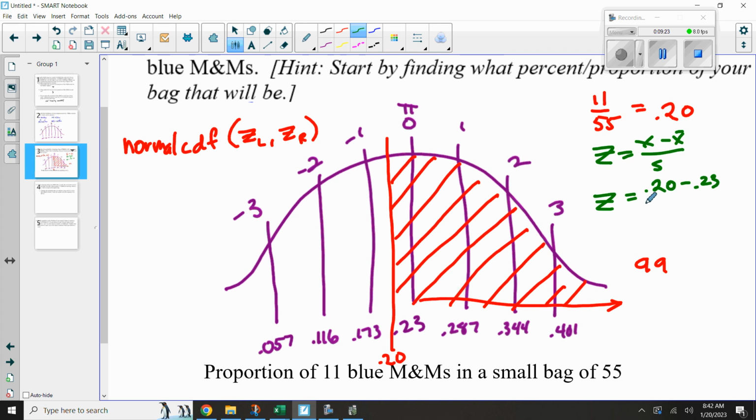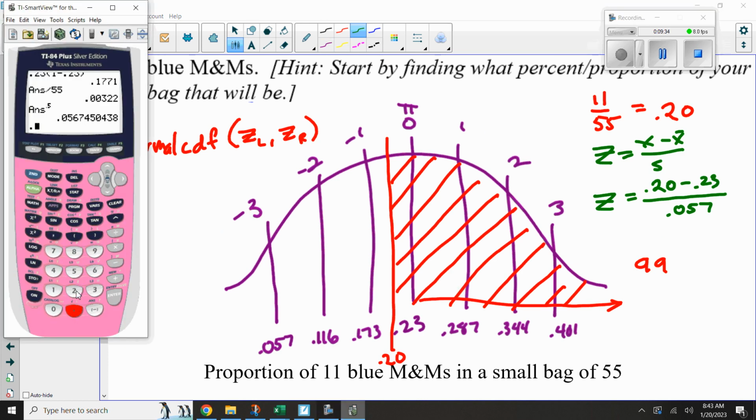And I divide that by my standard deviation, which was 0.057. And I get a z-score of, well, let's do it over here together, 0.2 minus 0.23. And I'm going to divide that by 0.057. And I get a z-score of negative